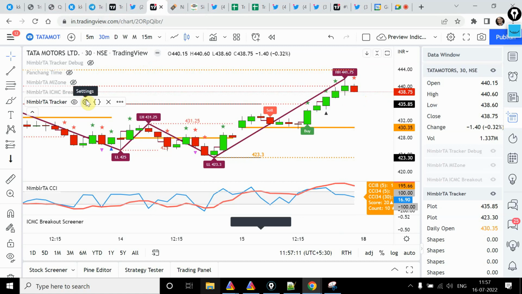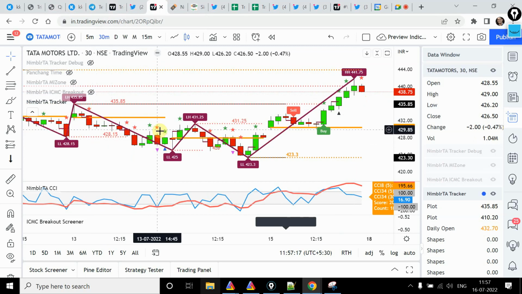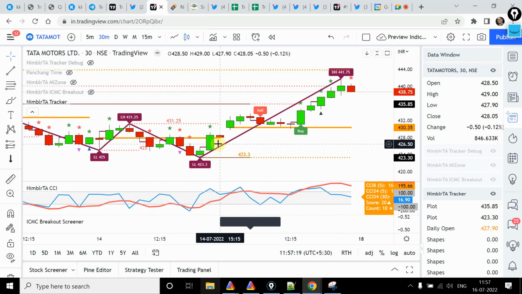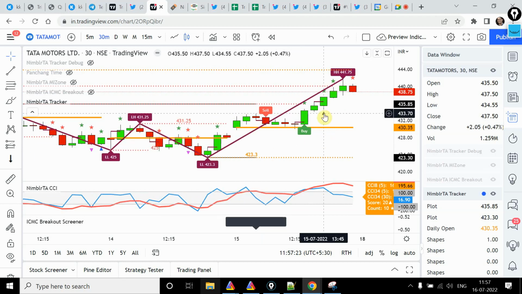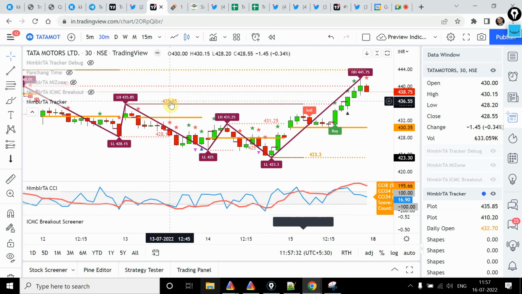Right. I have a query: what are these arrows? Like if you see, the previous arrows, four green candles. So if you note over here, there's a black arrow over here. Black arrow means that it has crossed on the upside or downside of the previous range. So over here, it is